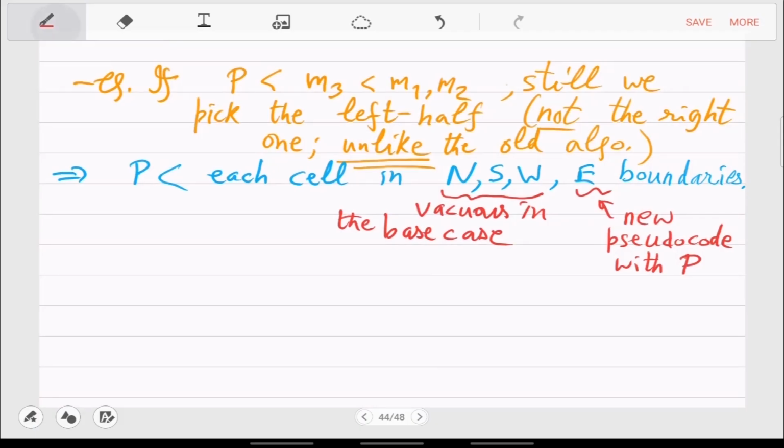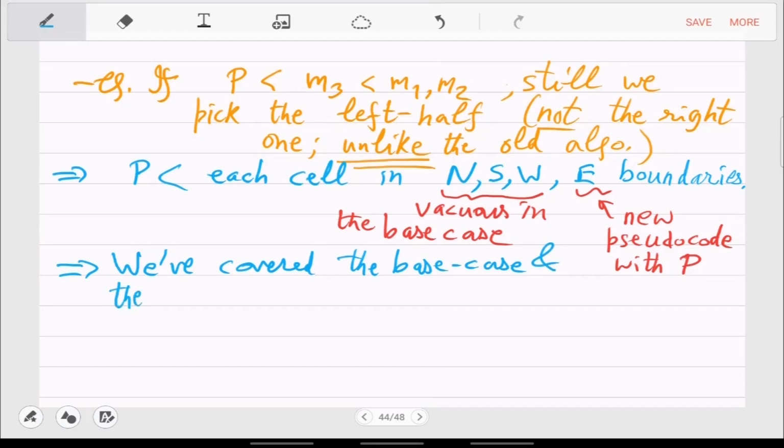So this means that we have covered the base case, and the next case, by finishing the induction step.